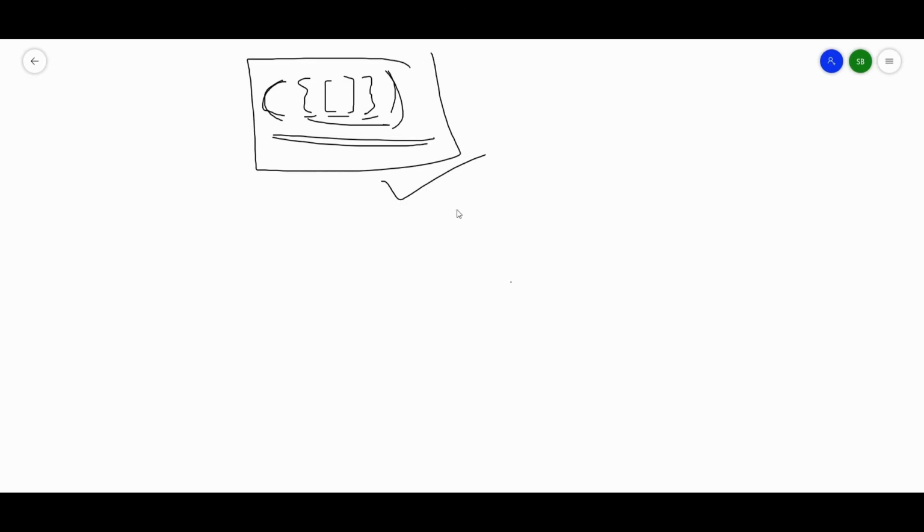If we have a set of brackets like this, this is a balanced bracket because this is the first bracket which ends at the last. The second bracket opens here, closes here, and this contains a matched pair of square braces, and therefore this is a matched pair, and therefore this is also a matched pair, and this is a balanced bracket. So this is right. But in some case, if it is like this,